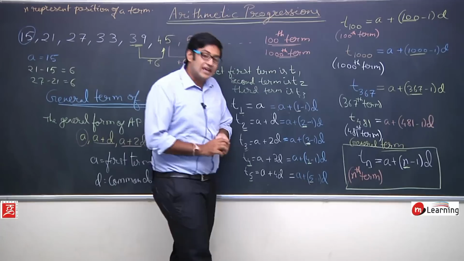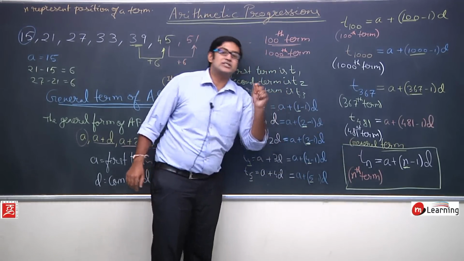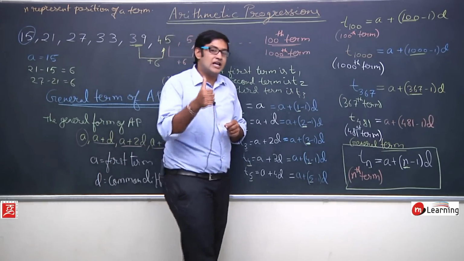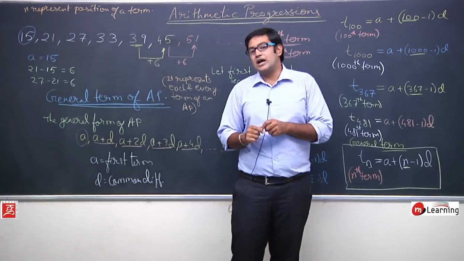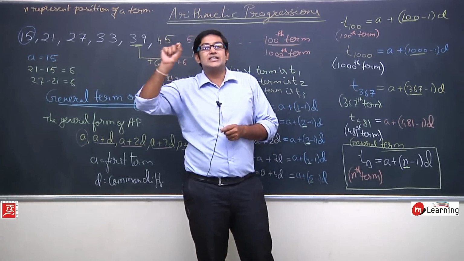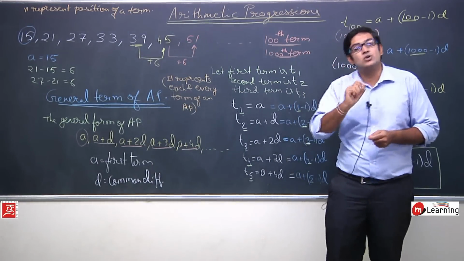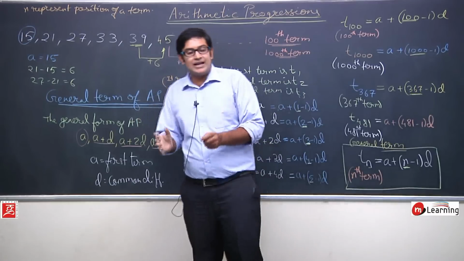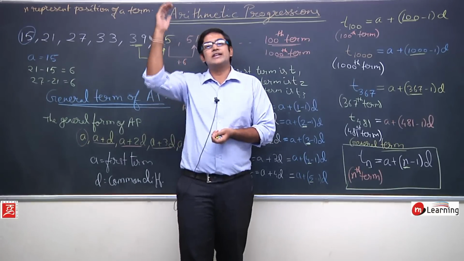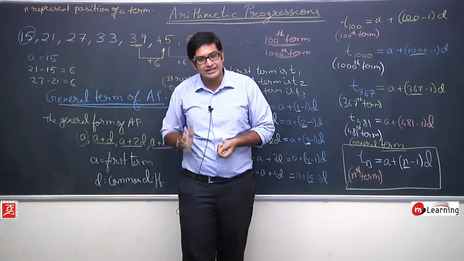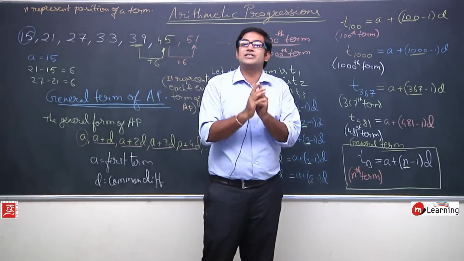Now, can n be 0? क्या n का वैल्यू 0 हो सकता है? क्या यह n जो कि पोजीशन बता रहा है, सोचिए, n बताता है nth टर्म, मतलब nth पोजीशन पे रखा हुआ टर्म. अगर n का वैल्यू 0 होगा तो 0th टर्म मतलब 0th पोजीशन पे रखा हुआ टर्म. क्या 0th पोजीशन भी कोई होती है? किसी की पोजीशन 0 हो सकती है क्या? नो. अगर आपकी क्लास में रैंक डिसाइड होती है तो फर्स्ट रैंक, सेकंड रैंक, थर्ड रैंक, फोर्थ रैंक, ऐसा नहीं होता कि 0th रैंक, फर्स्ट रैंक, सेकंड रैंक, इस तरह से सीक्वेंस चले. ओके, सो 0th रैंक कभी भी पॉसिबल नहीं है, 0th पोजीशन पॉसिबल नहीं होती.